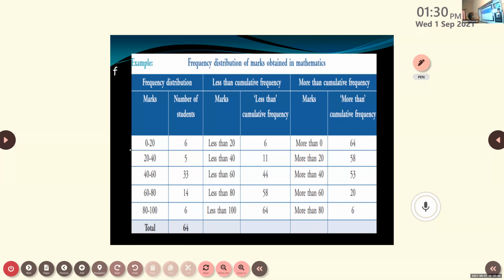So now we have to take only from this to this. Right? So how much are you getting? 53. Because more than 40, we are not including these two. So we are taking only this. That is 14 plus 6, 20, 20 plus 33, that is 53. So more than 40 you got 53, then more than 60. We are not taking this, we are taking only this here, 20. More than 80, only 6 are there. So this you got it, all of you, right?